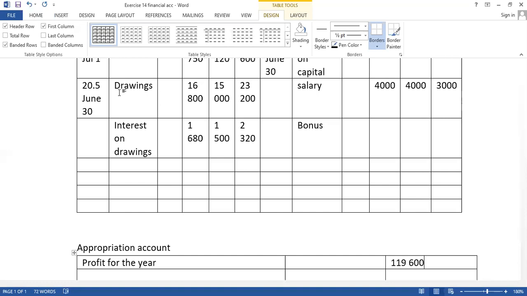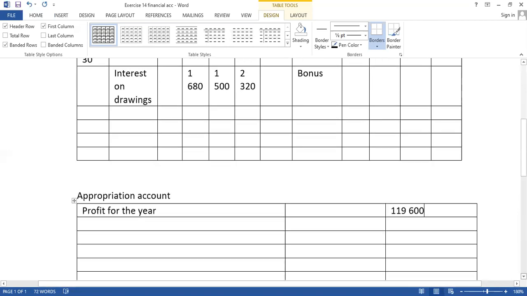Because we do not pay back the drawings. We only pay interest on drawings. Because we, the partners, are paying interest on drawings to the partnership, it will increase the profit made. So here you will add